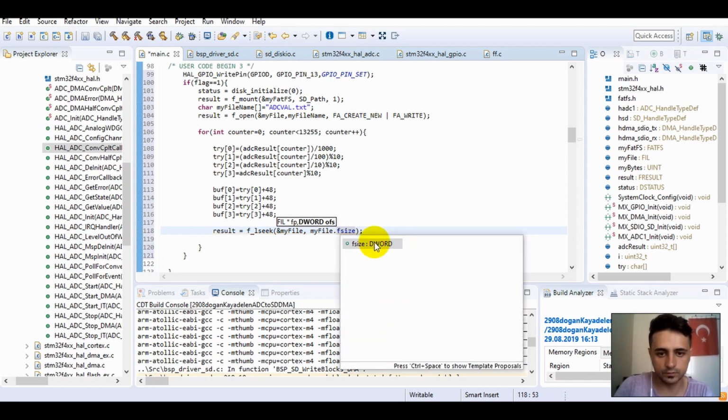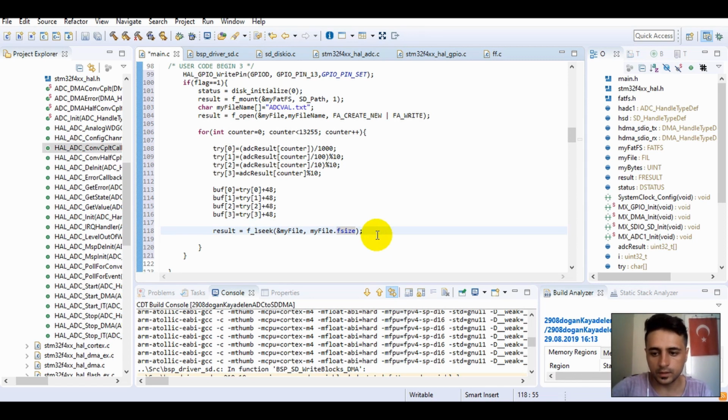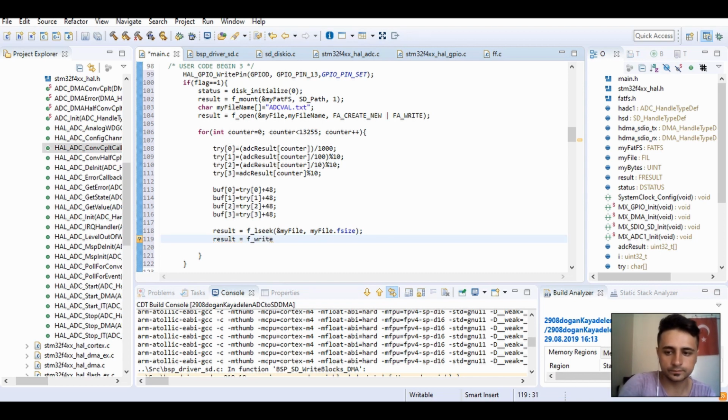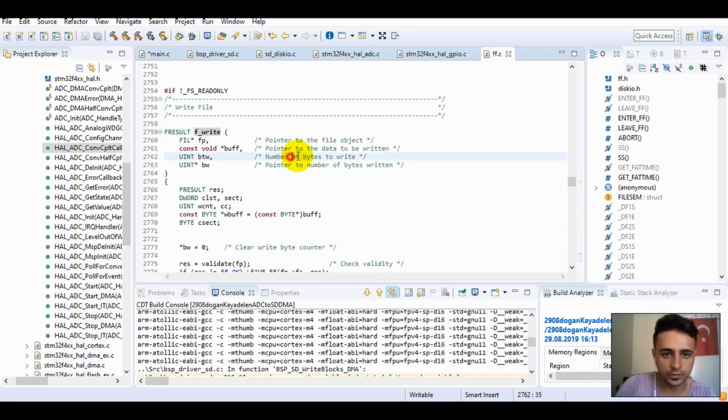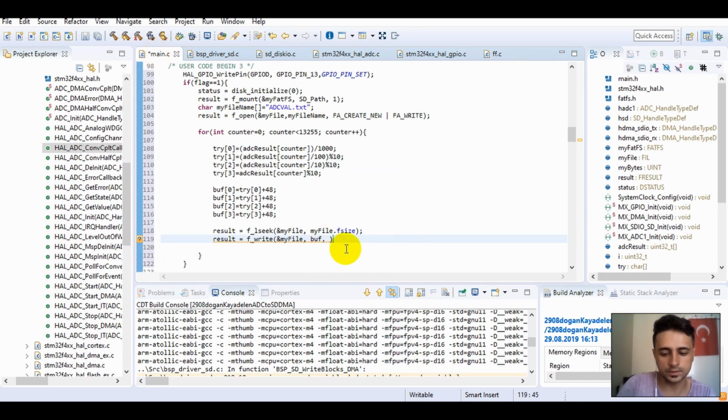Okay, because the words, and results, f write my file and buffer and size, and as you can see. Okay, let's click on it. Number of bytes to write, size of buffer, size of buffer, and